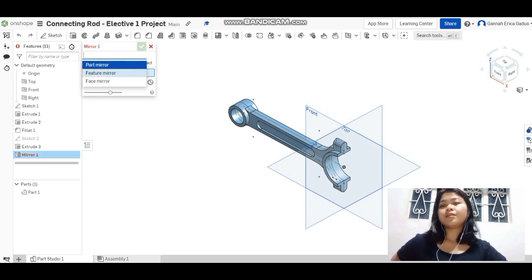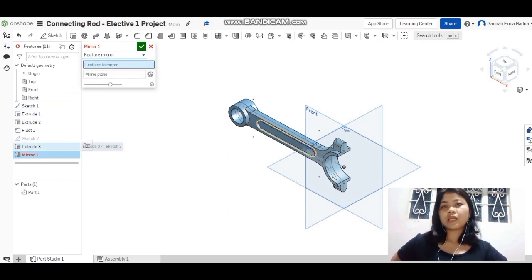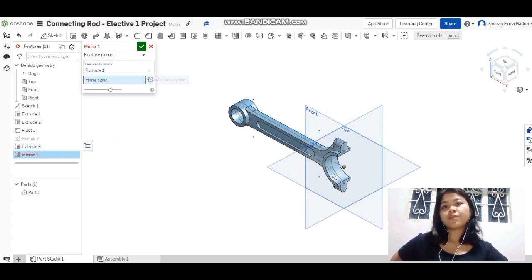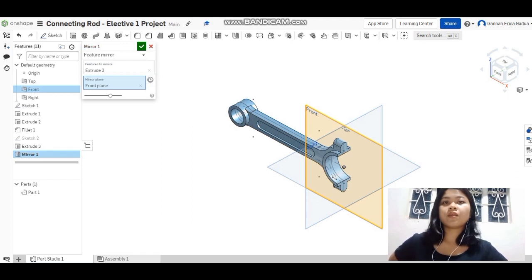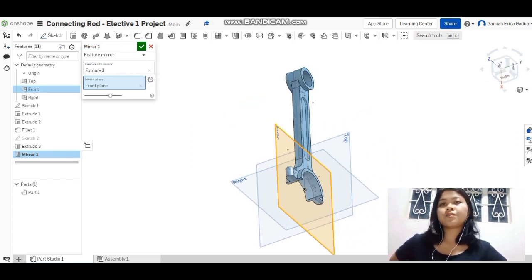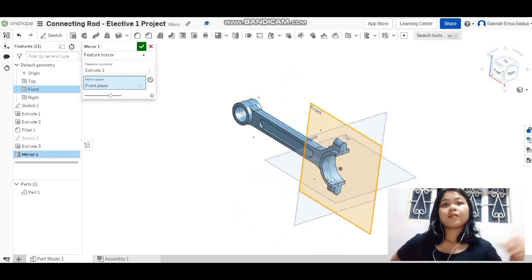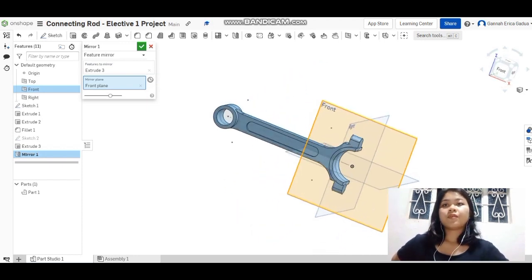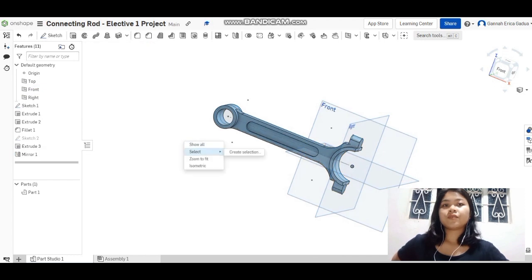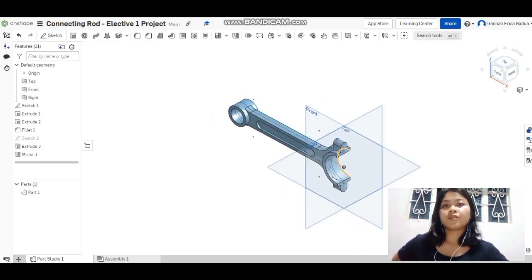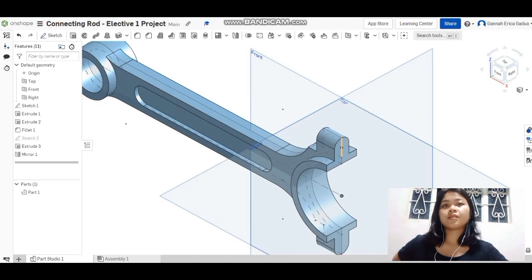And then you need to choose extrude 3, since it is the feature that is needed to be mirrored. Then select front plane as the mirror plane, and with that, the feature is mirrored to the other side. Then accept the feature, hit the ISO metric,